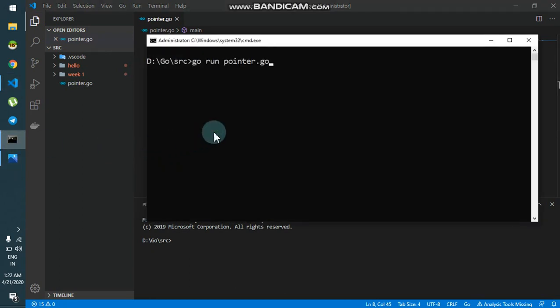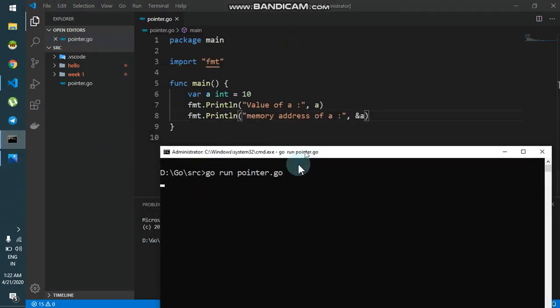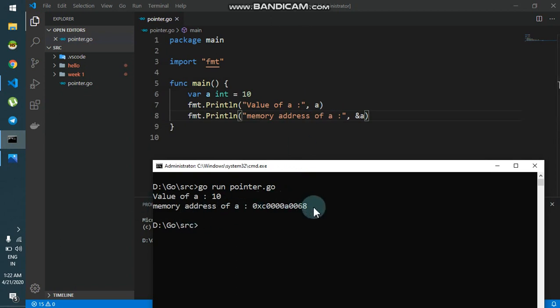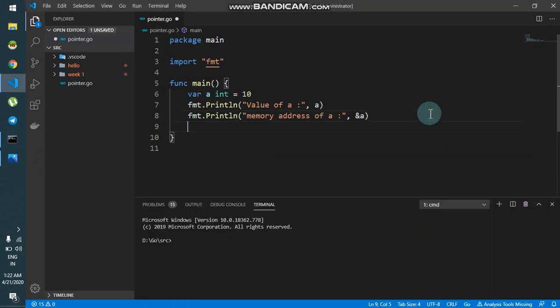If I run this code, you can see that the value of a is 10 and the memory address of a is this, some hex number. Now I can store this hex number inside a variable. Let me name it p. var p, I'll do a shorthand declaration for you to understand it better. p := &a, and I say fmt.Println